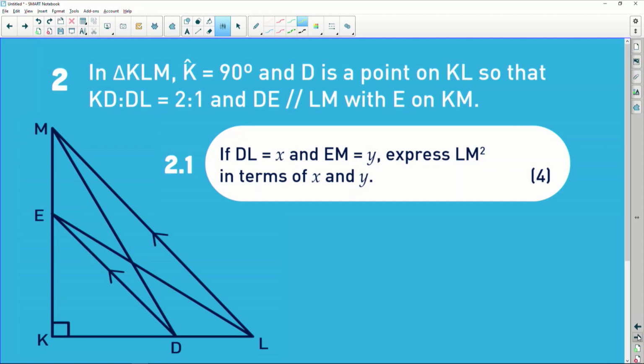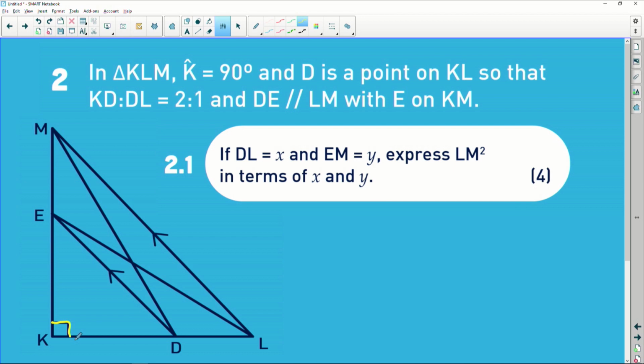But if you just leave everything there at the top, sometimes you miss important information that is supposed to be on the sketch that can help you to work out the question. So let's see now if we use what is given to us and try to put that on our sketch. It says in triangle KLM, angle K is 90 degrees. When you check the diagram, we can clearly see that angle K is indeed 90 degrees. It is indicated right there at the bottom corner. There's our 90. We're happy with that.